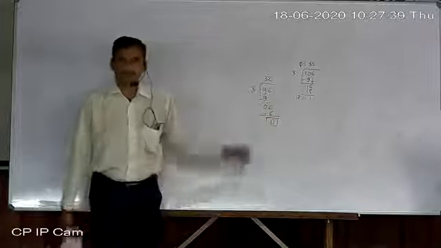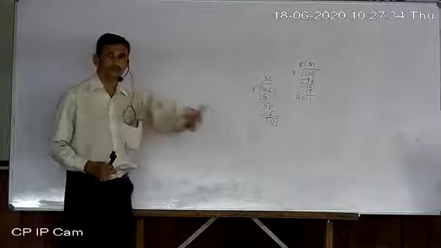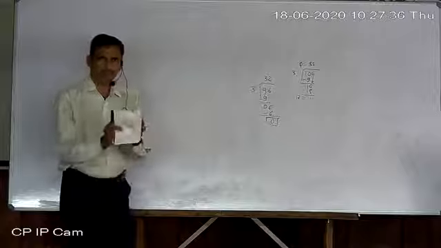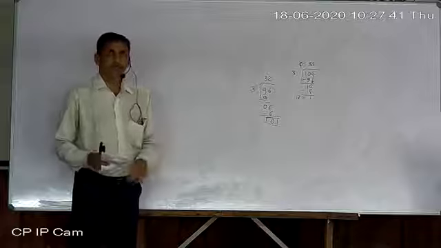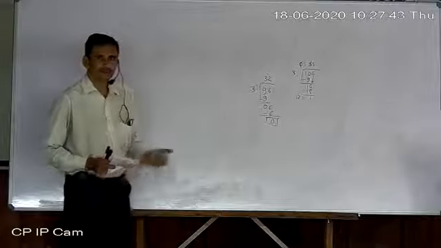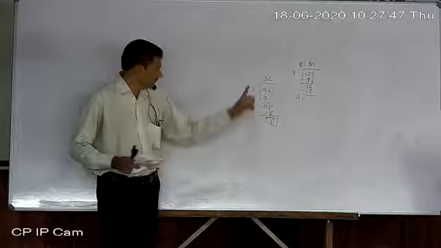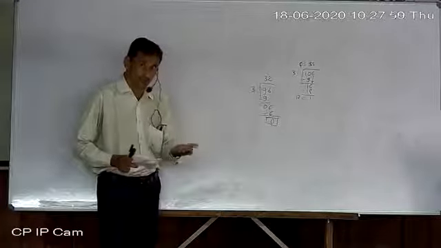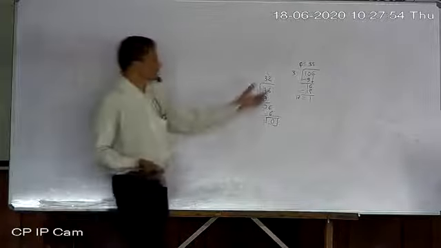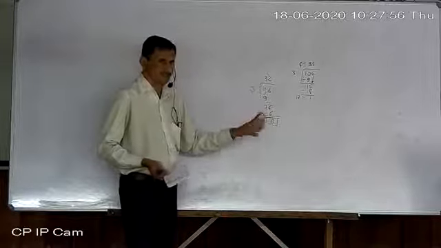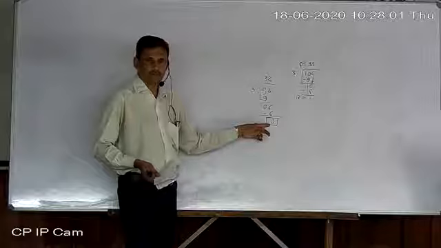The same question can be asked in some other way also: instead of just dividing and finding the quotient and remainder, you may be asked to verify whether one is a factor of the other or not. Here, one polynomial is a factor of another polynomial or not. So the same division is required there, and in the same way you can decide. If remainder is 0, then it is a factor.